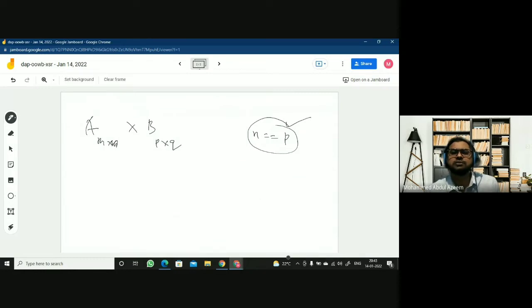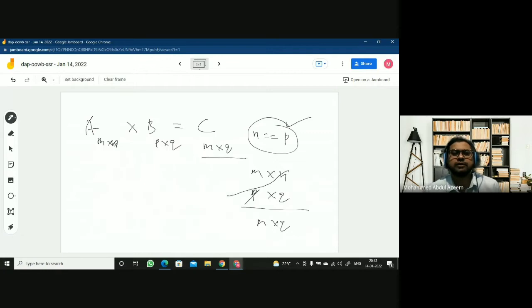Only then matrix multiplication is possible. So when you multiply these two matrices, what is the order of the resulting matrix? It is going to be m by q, right? See, the order of the resulting matrix is going to be m by q.